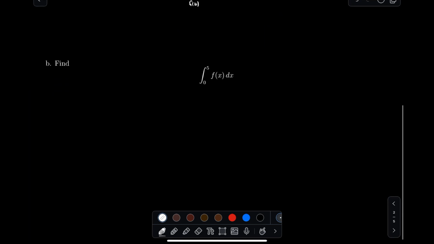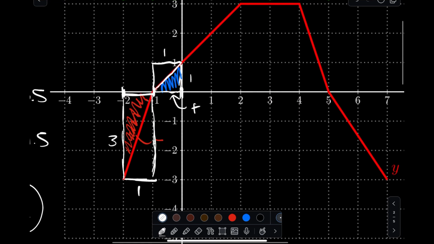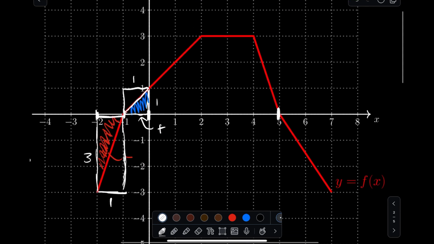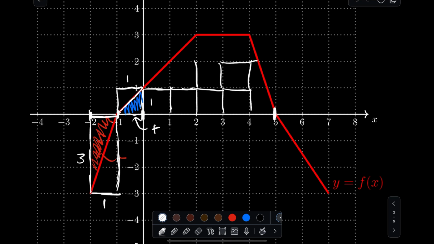Alrighty, and then same with B, it's asking from 0 to 5. So instead of looking at this area here, we're going to go from 0 to 5, right? This looks like an odd shape, but literally look at this and break everything up, okay? So we have one box here, one box here, one box here, one box here. You know, break up everything that you already know. These are all boxes with area 1, height of 1, and a base of 1. All right, we have another box here, another box here, and then you have triangles here, but we just calculated this area to be